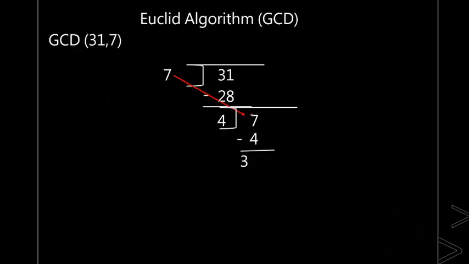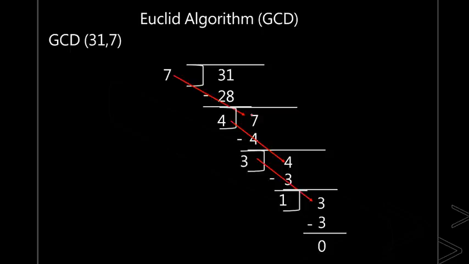So what did I tell you? When the remainder is not equal to 0, take the 4 and bring it here. Now divide these two values. When you divide these two values, your remainder will be 1. Is it 0? No, it is not 0. When it is not 0, divide it again. 1 3s are 3. Now the remainder becomes 0. When the remainder becomes 0, whatever is the divisor, this is your GCD. Can you all understand this? Repeat the division. When your remainder becomes 0, whatever is the divisor will be the GCD.